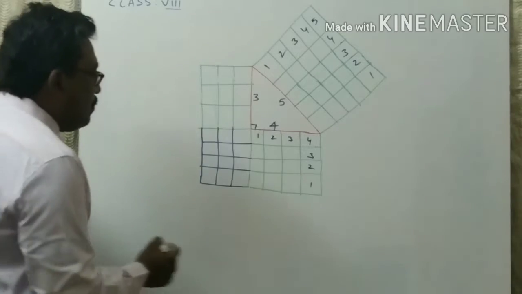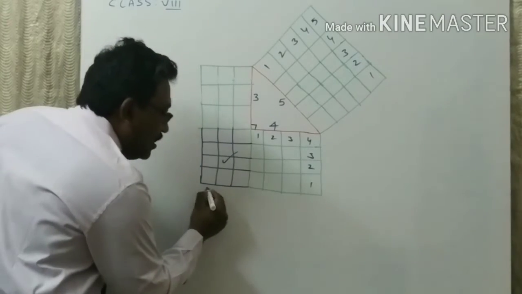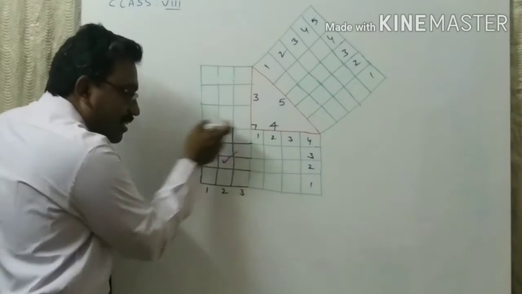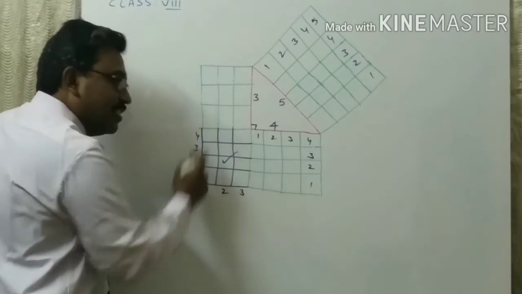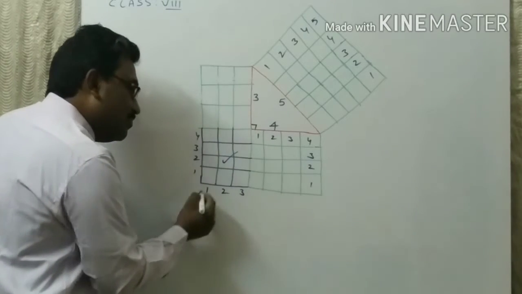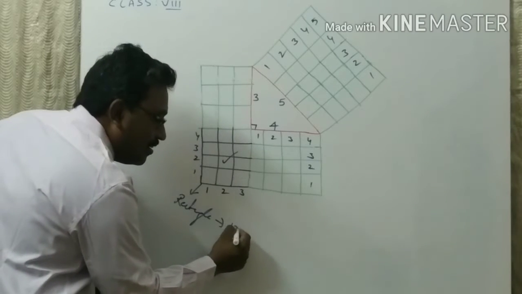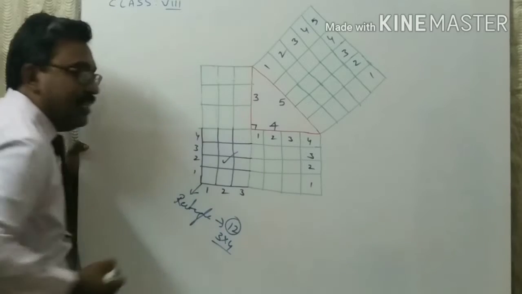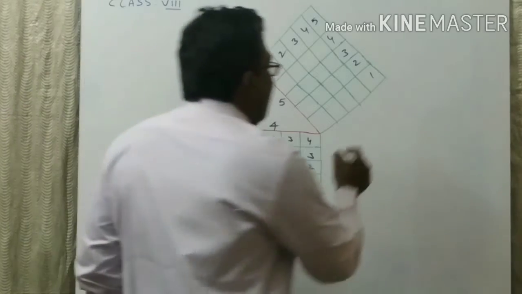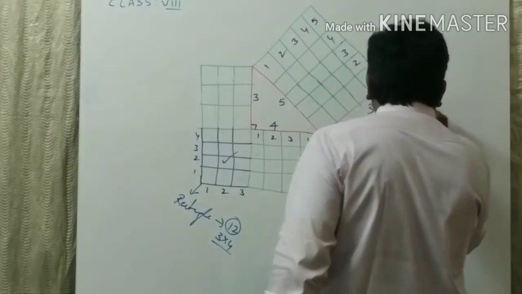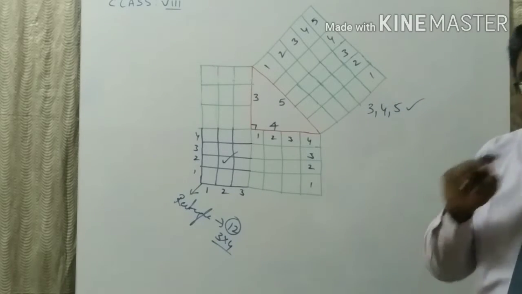Now, what is the interesting property? Here it is. What do you see? 1, 2, 3: 3 sides, so here it is 3. Now 1, 2, 3, 4: 4 sides, so it is 4. What type of figure is it? Right, a rectangle. How many squares are there? 12, because it is a 3 by 4 figure. Now what are the sides here? 3, 4, 5. This is a Pythagorean triplet.